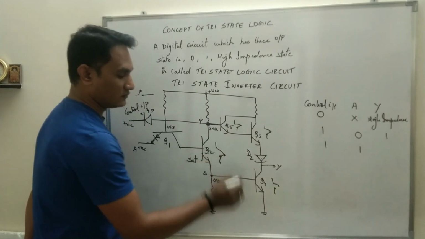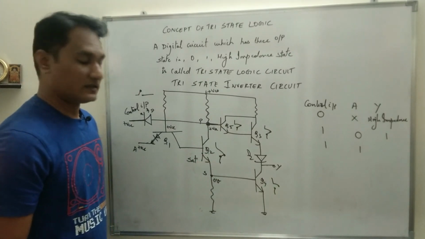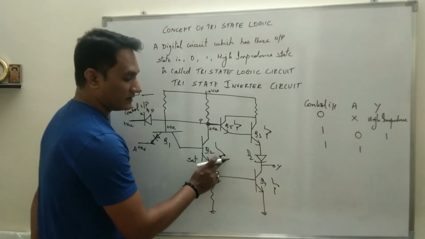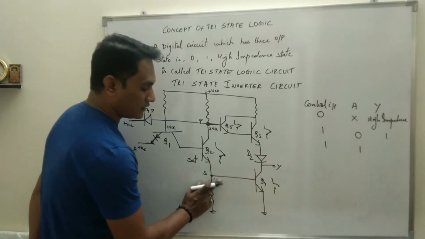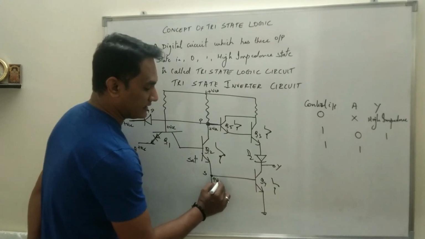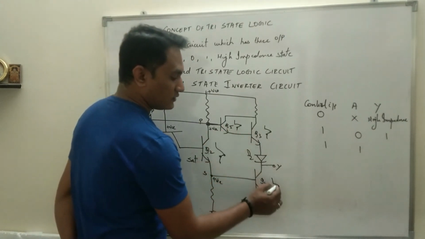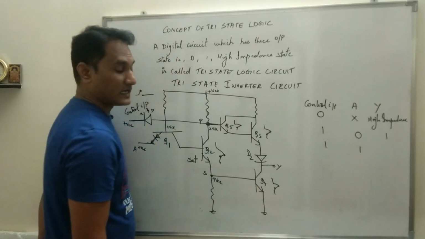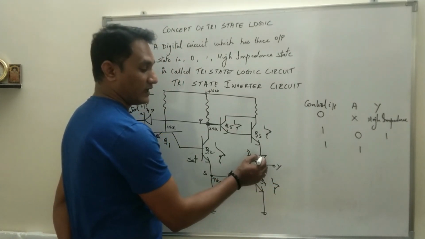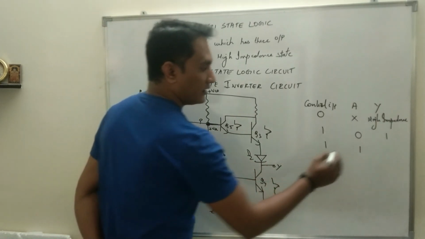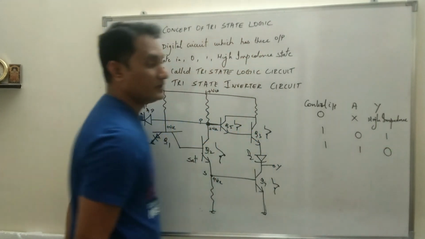When Q2 is in saturation region, the transistor will be working as an on switch. When the transistor is working as an on switch, the potential at both point P and S is plus VCC. So Q5 is saturation, Q3 is saturation, Q4 will also be in saturation region. But at this point, the diode will be reverse biased. So Y gets connected through Q4 to ground. So potential at Y will be 0.